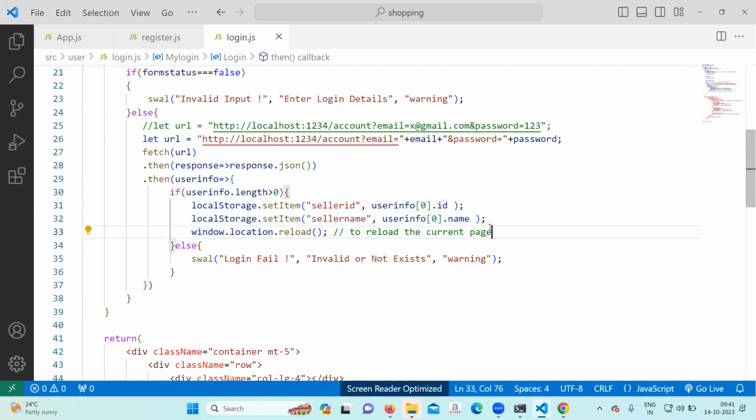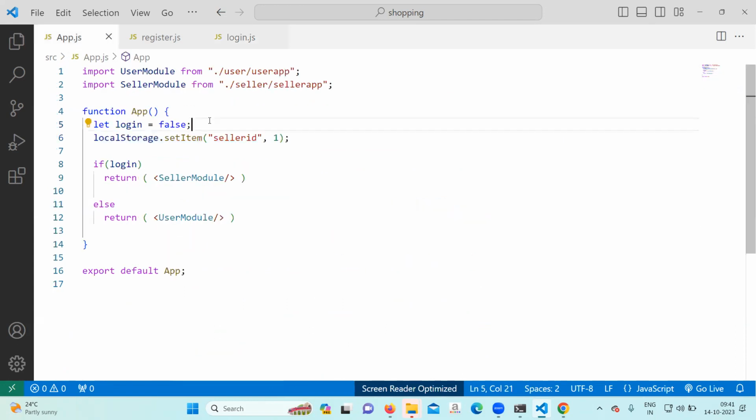Okay, so username and password are written. Got it? Let's come to the app.js file. I spoke about this because they will watch the video, they will listen to it, and they will change their intention for the next class. Okay, so come to this file now. In the app.js file,